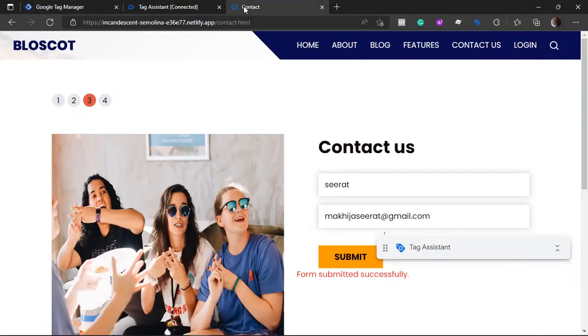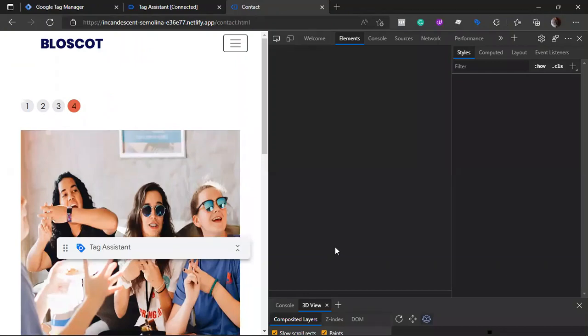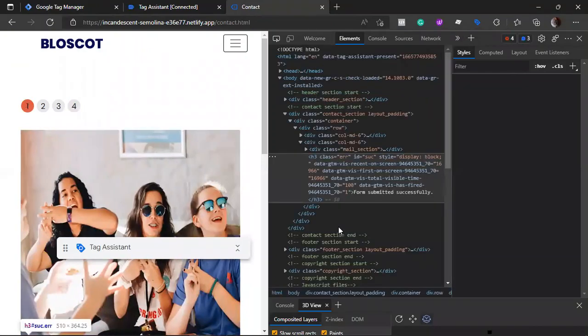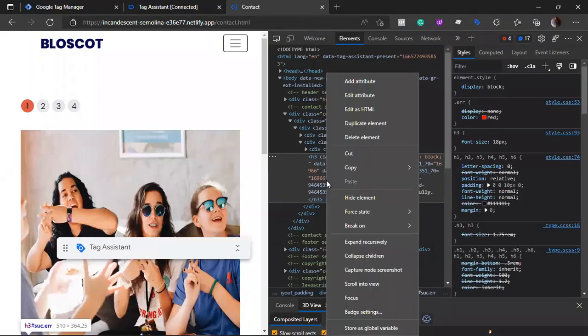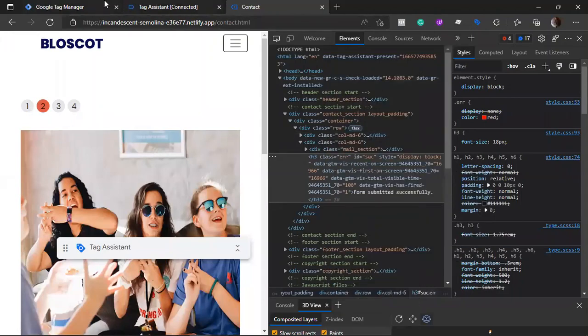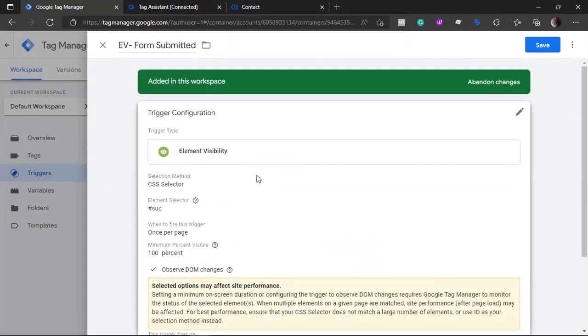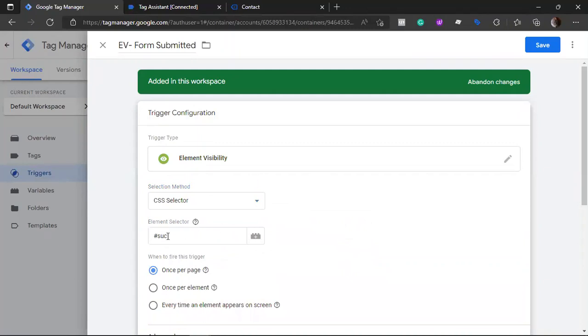Now, how can we get the CSS selector? It is very simple. We click inspect. From here, we can right click, copy, copy selector. Now if we go to Google Tag Manager and paste this, it just pastes the selector. In this particular case, the selector is very simple because it's just an ID, but generally selectors are very nested because they come from heavily nested CSS, and we can write our own selectors if we have our way